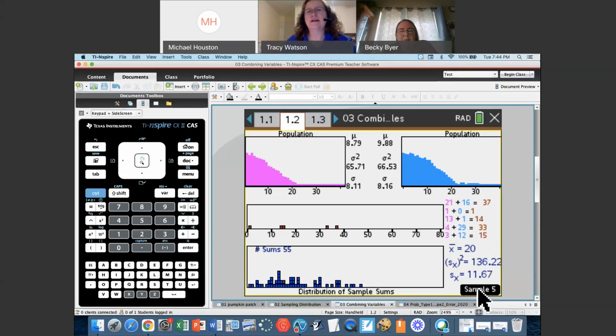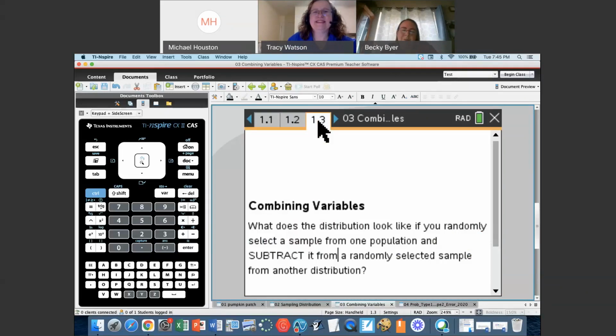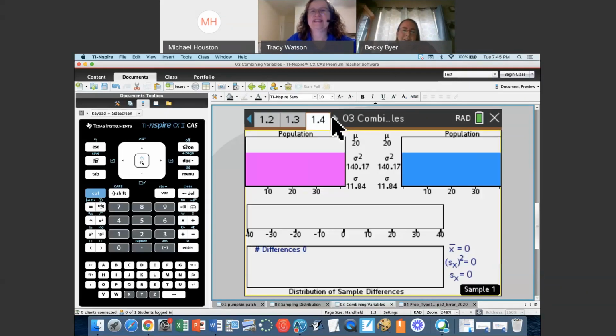Oh no. Any ideas what would be nice to be on the next page? What might we want to explore? In combining variables, we looked at the sum, the standard deviation, subtract them. Subtraction would be nice. And this one, I think, is really helpful with kids because my kids always want to just subtract those standard deviations from one another. Yes.